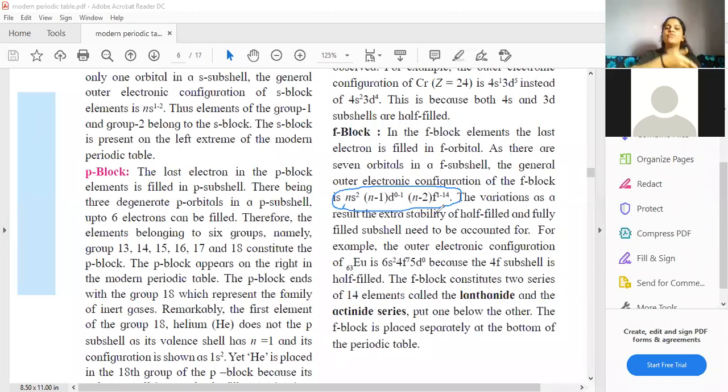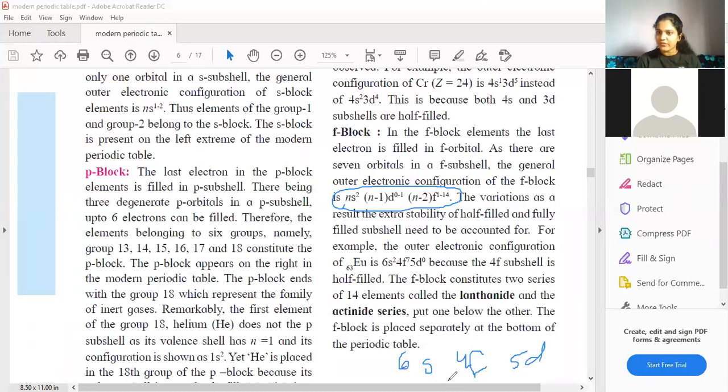Filled up, or at least we can start from 1 or we can start from 0. So you all can see over here ns2, then (n-1)d 0 to 1. Students, it is not necessary that the d block has started filling yet, the (n-1)d. In the energy level we had 6s, and then we have 4f, and then 5d. You all can see this.